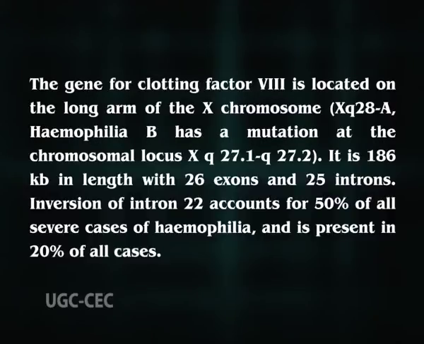Inversion of intron 22 accounts for 50% of all severe cases of hemophilia and is present in 20% of all cases. Approximately 30% of the mutations in this region are de novo. In the case of inherited hemophilia, males within the same family have the same level of deficiency since they share the same defect. The gene for clotting factor 9 is 34 kilobases in length and composed of 8 exons and